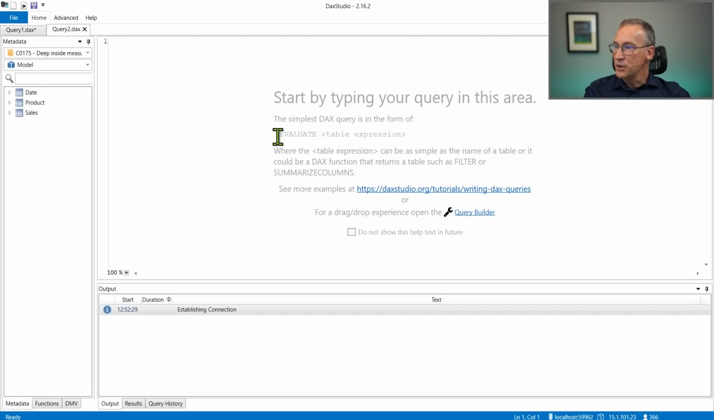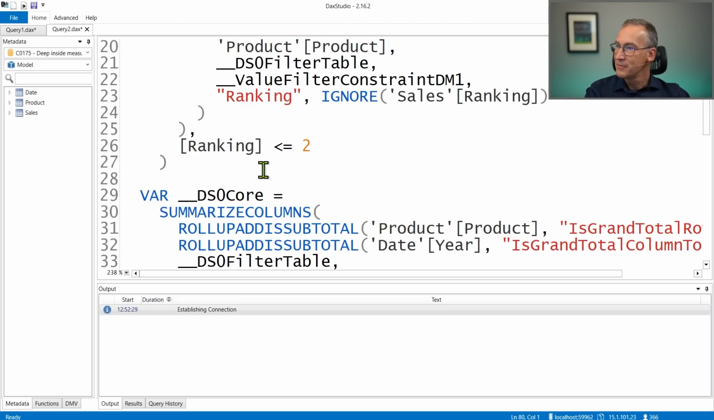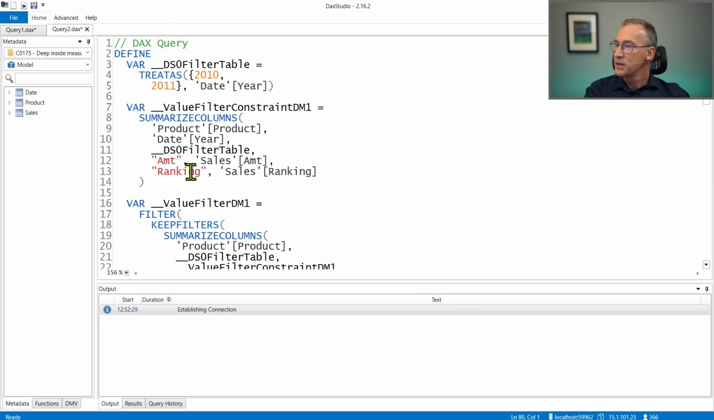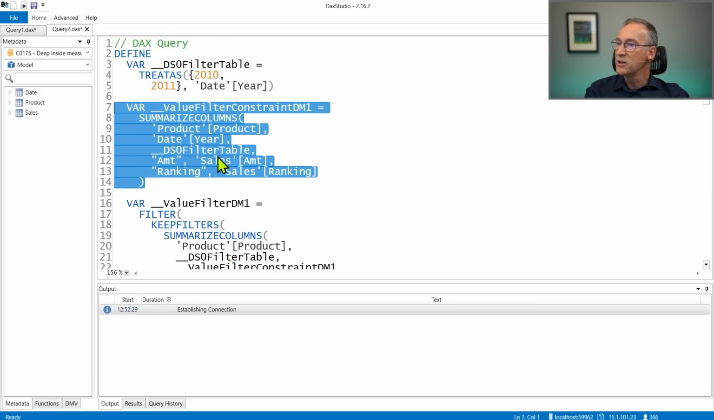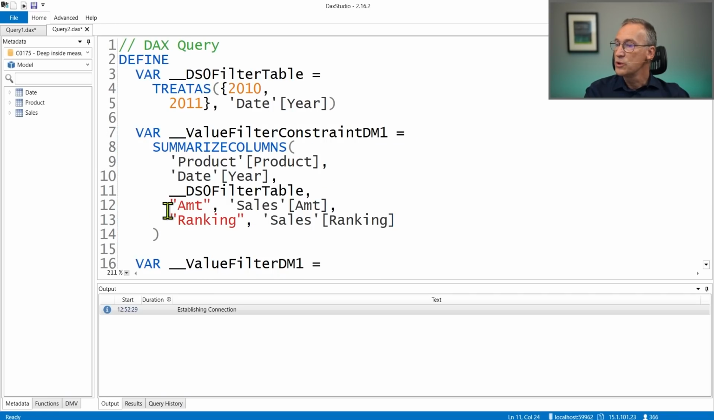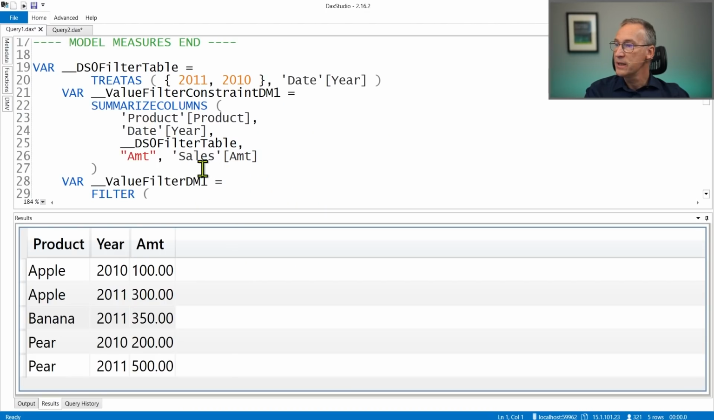We do that in a new panel. And you see that when we compute value filter constraint DM1, we do not have only amount, we also have ranking. We have ranking here, and we do not have it here when we compute the measure, when we compute the filter in the case where the measure is used only as a filter and not as a value. And that is the reason why we have only 1 year here,